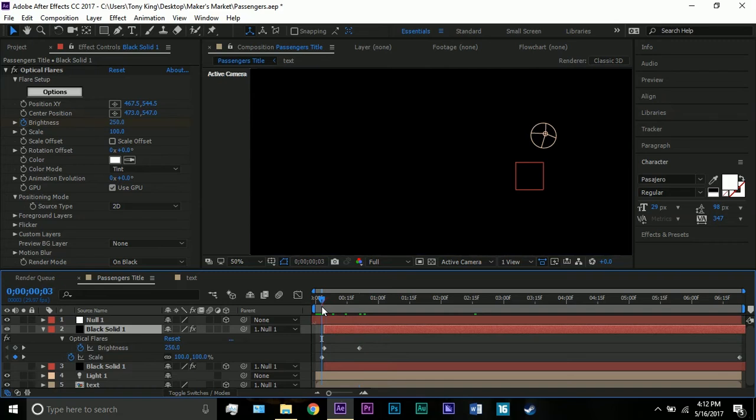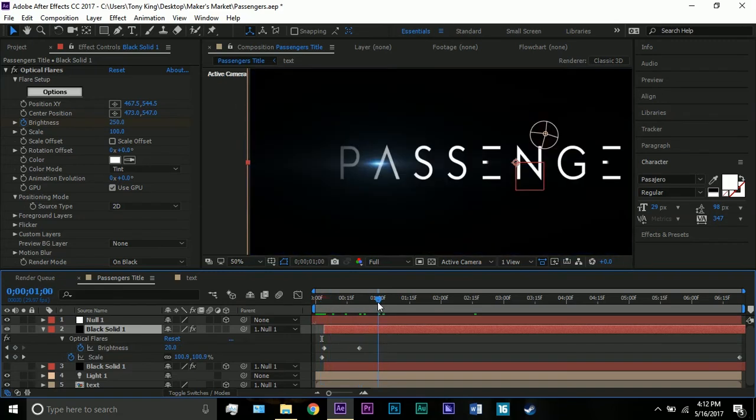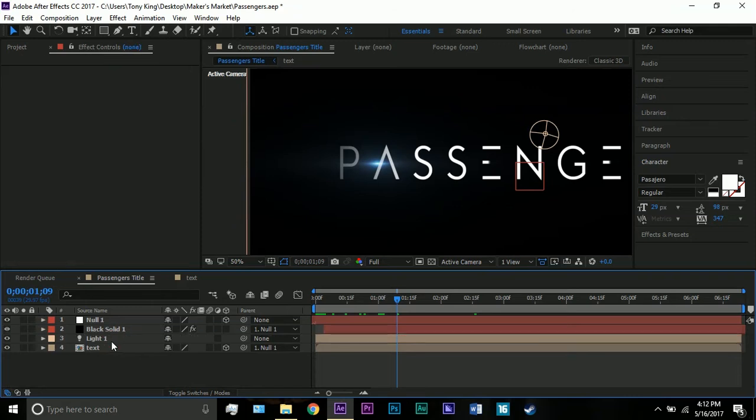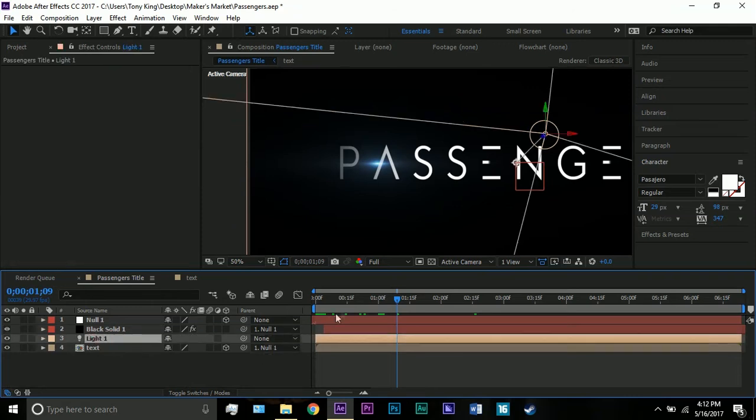Also, all the other layers are in 3D, so we will have to scale this flare up so that it does move along with the 3D, and I'll get back to that soon. I have an extra layer here that I don't need, so I'll go ahead and delete that. Okay, next what we want to add, now that we have our text,